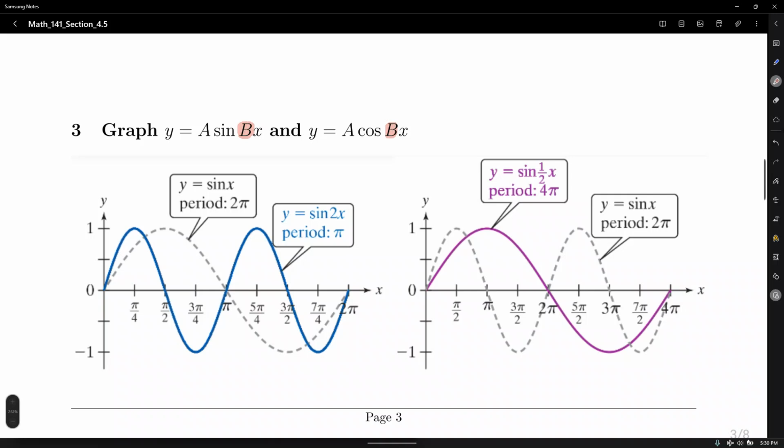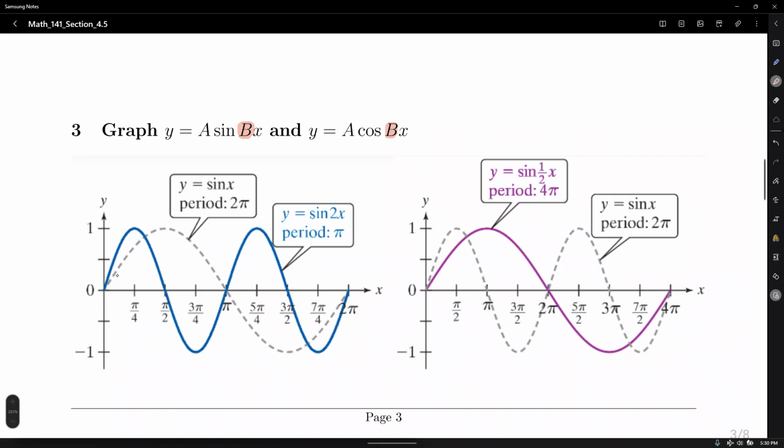So these represent a horizontal compression if the number b is greater than 1, or a horizontal stretching if the number b is a fraction between 0 and 1. And well, we can see that because,